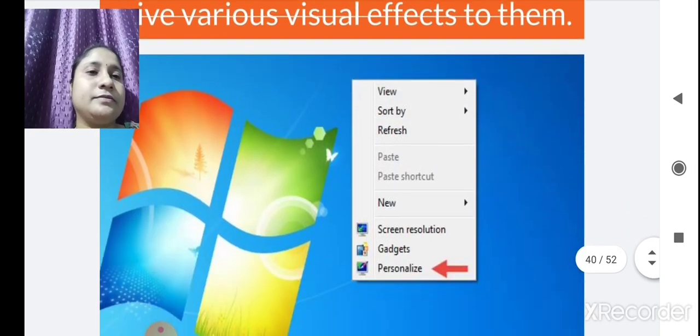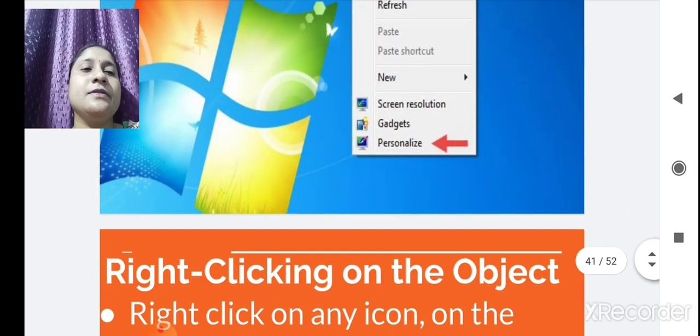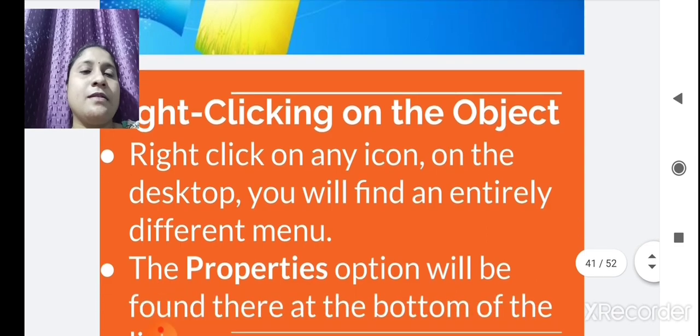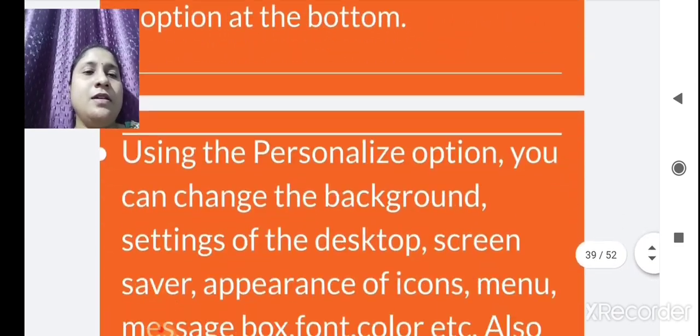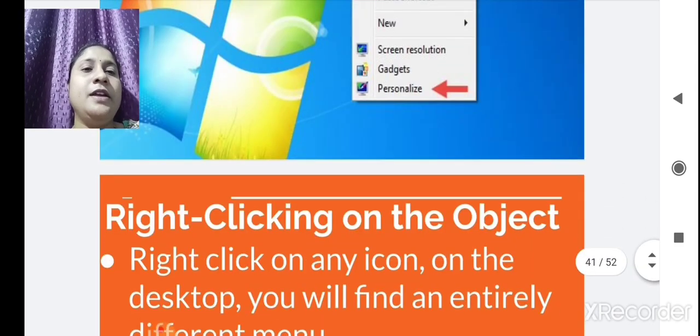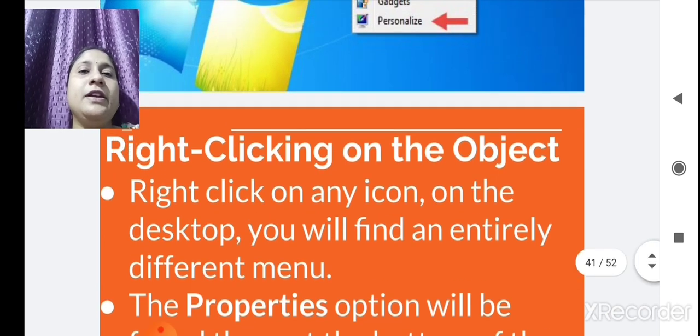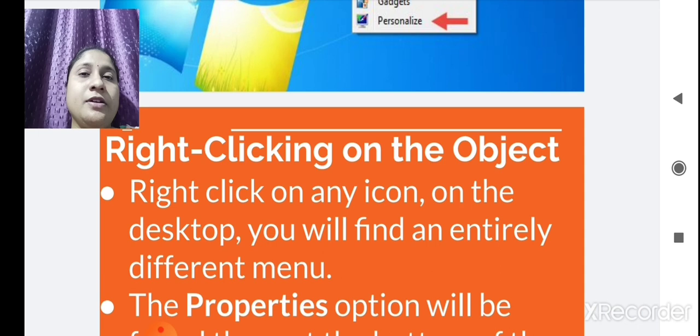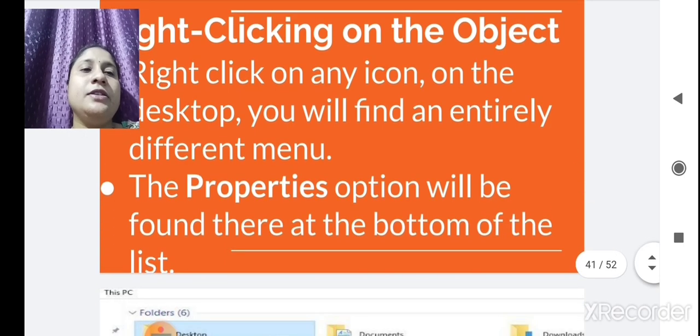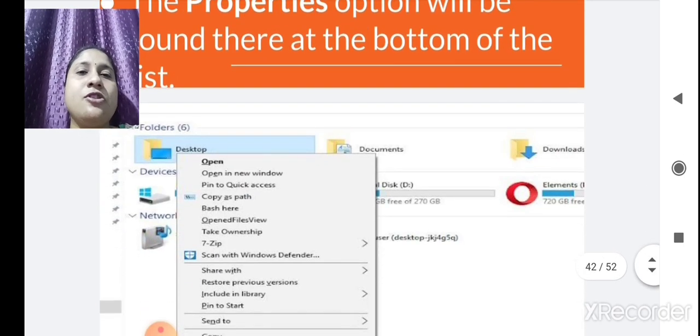See here. Okay, now we see right click on an object. Now we will see what will happen when we click the right mouse button on an object. Now while clicking the right mouse button on any icon, see here, like desktop is an icon, we are clicking the right mouse button.